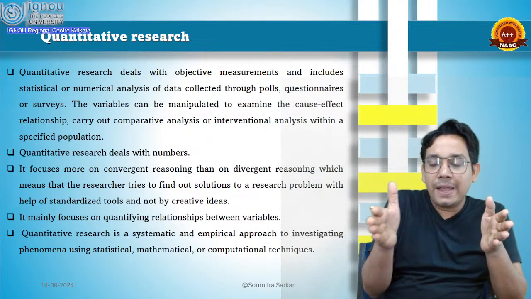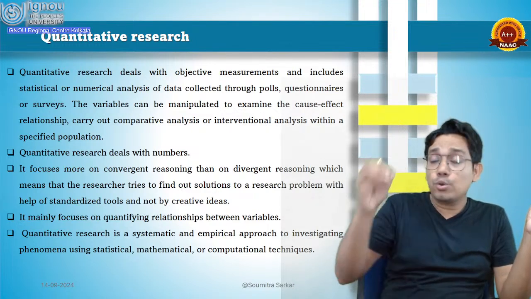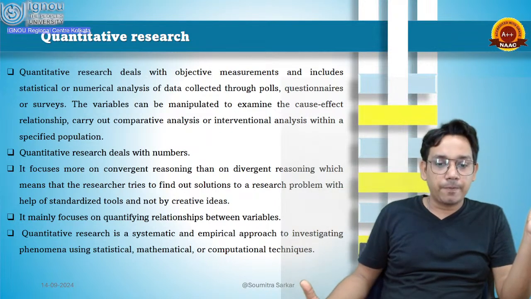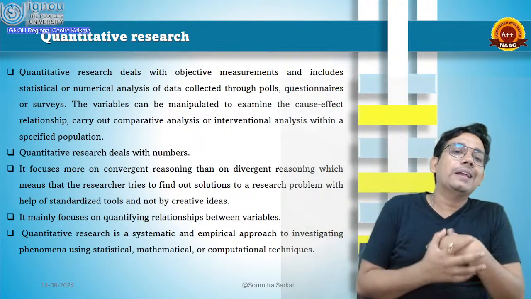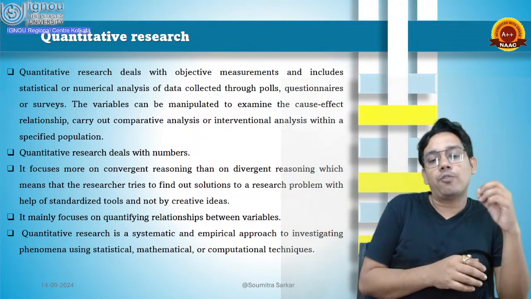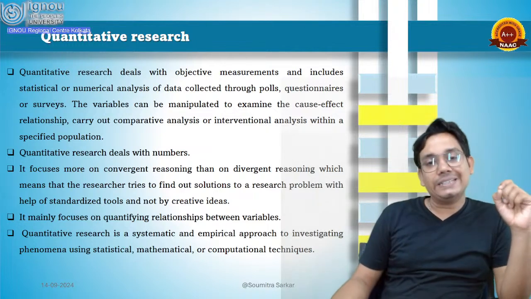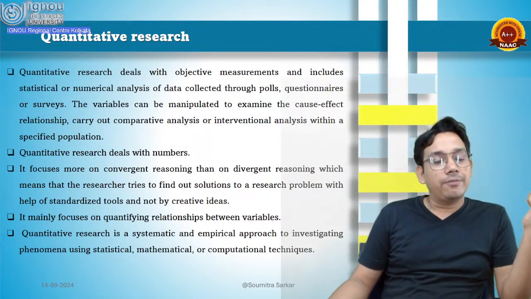We need to focus on systematic questions, systematic study, so that we can get a verified answer from the field. So we can easily say that quantitative research provides us specific authentic data through which we can validate,